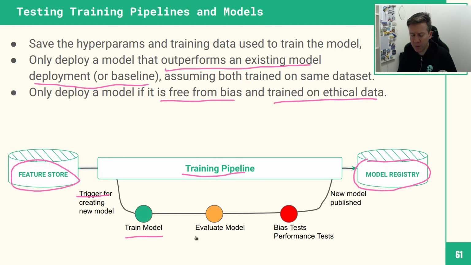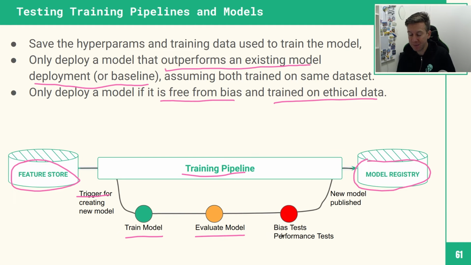So after you've trained your model, you need to evaluate your model. And by evaluating our model, we mean really to evaluate the performance of the model. So it might be the accuracy of a classification model. It might be the root mean squared error of a regression model. But roughly, is this model going to be good enough for the task we're training it for? If the model is potentially good enough, we're still not sure we're going to deploy it because maybe the model